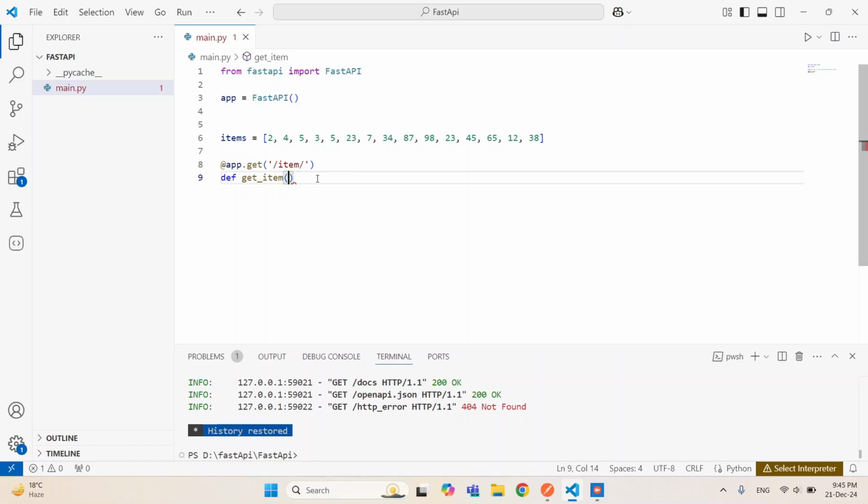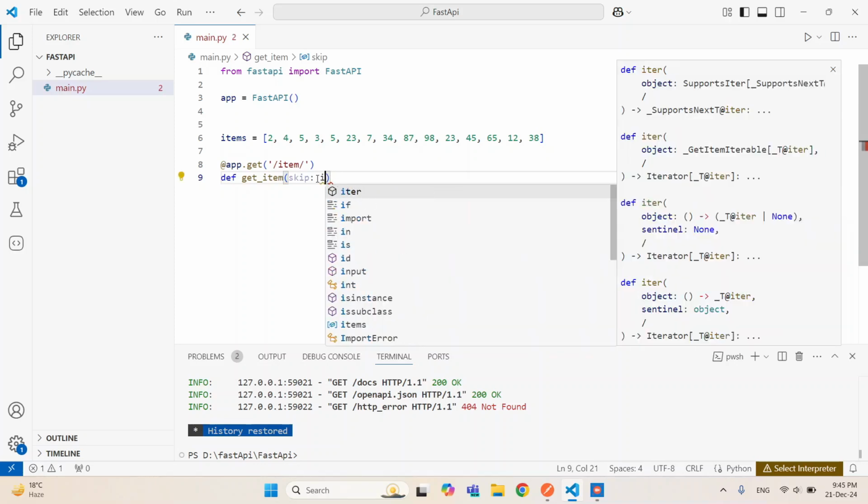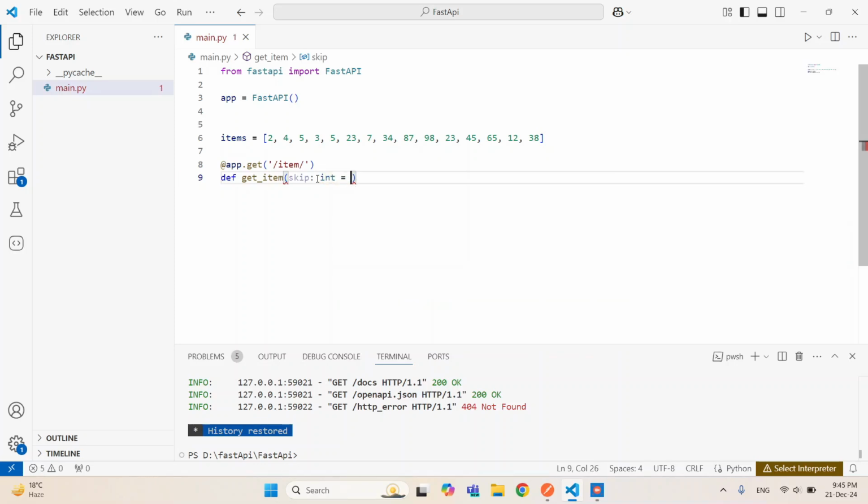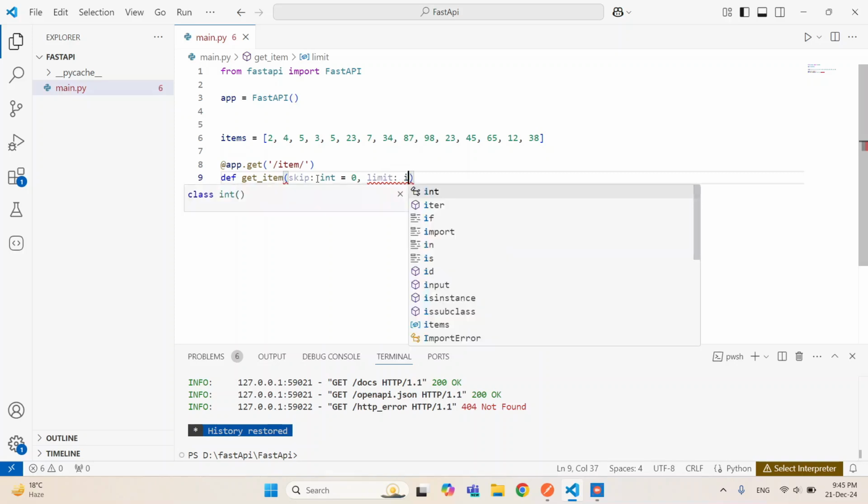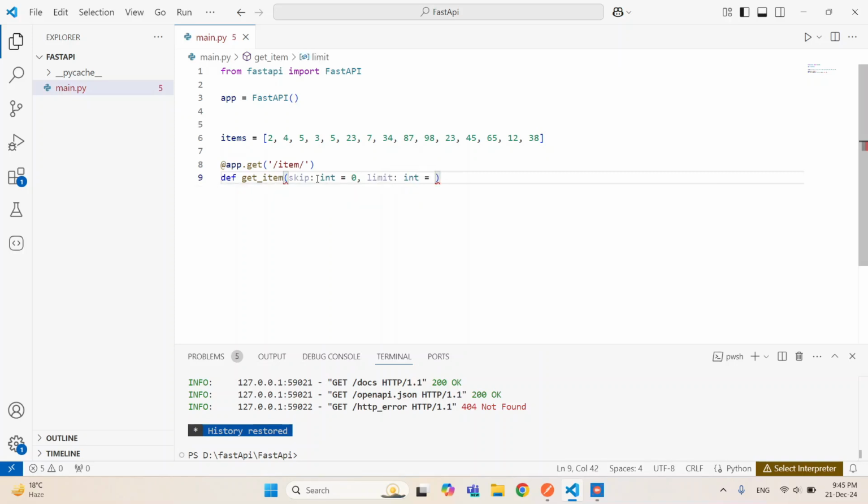Okay, so skip, and it will be integer type, and its default value will be 0. Then limit, and this will be length of items. Okay,